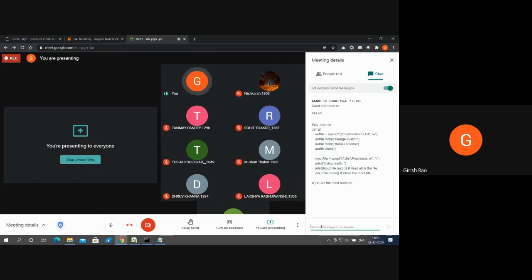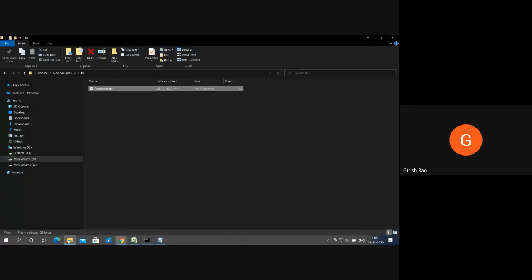Kindly run this program on your terminal, whichever editor you are using, whether PyCharm, Jupyter, or an online compiler. This is saying that in the F drive, create a folder fh and then president.txt. Kindly pay attention, you should have a folder called fh.